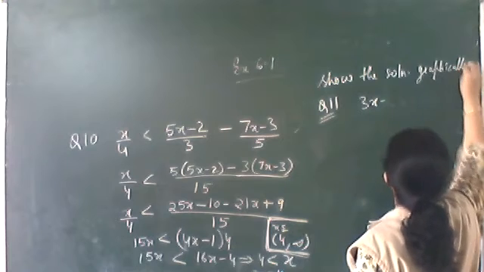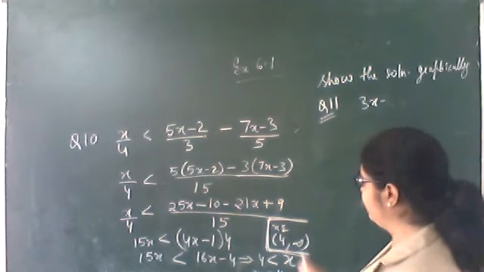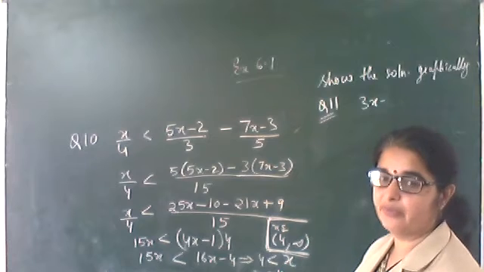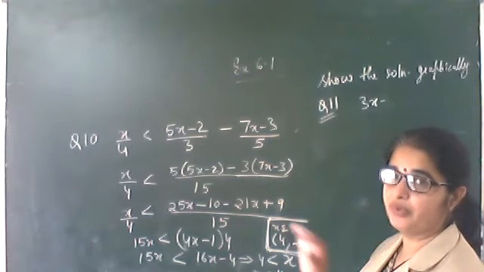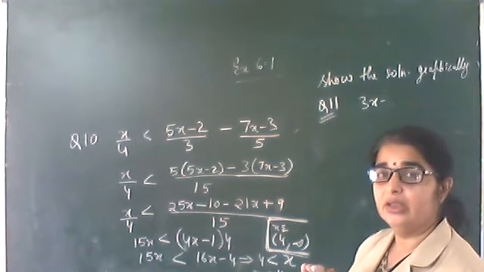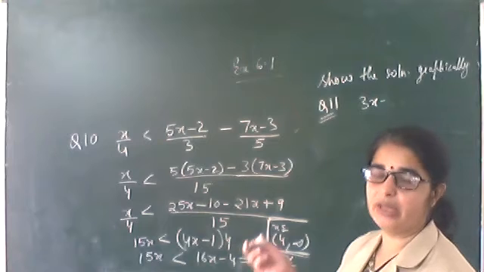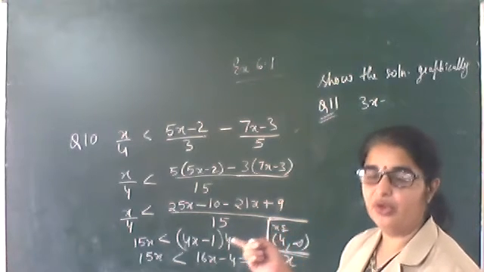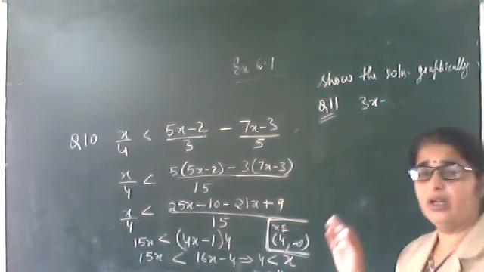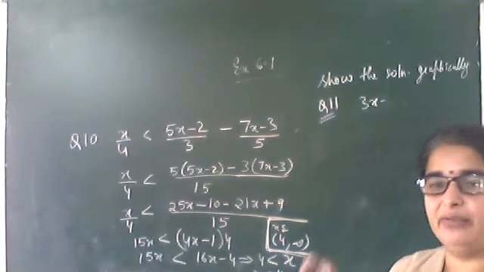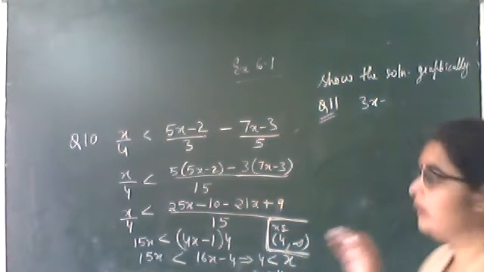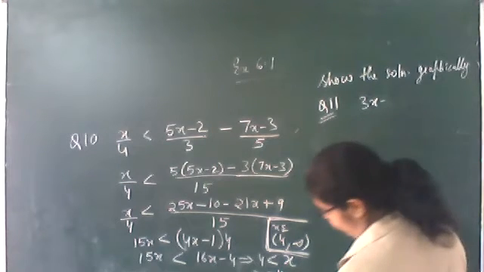Graphically, you have to show the solution. Till now you were showing the solution in real numbers, what all possible values of x can be there. Now you have to show it on the graph, or you can say on the number line if you are having only one variable. If you have an equation in 2 variables, then we have to take the Cartesian plane, x and y axis. Clear? So right now we are having only one variable.